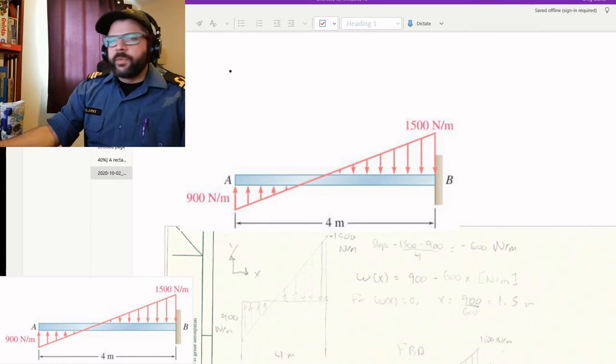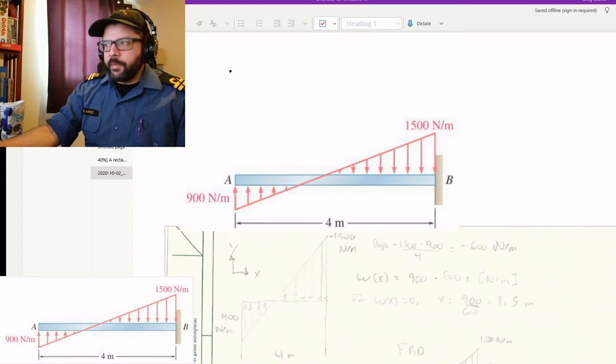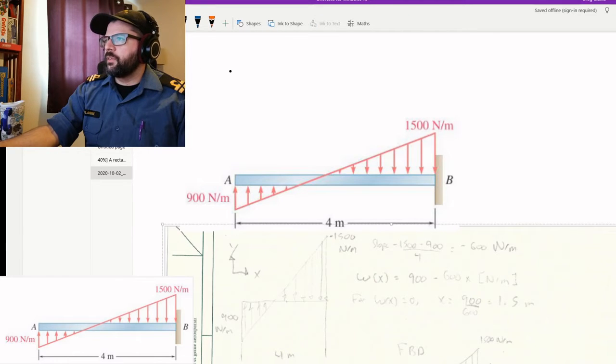Okay, so someone asked me to go over question 4 from the assignment. So that's this situation here. We've got this beam with a reaction supporting it. It's fixed at B here. And we've got this load here that's varying uniformly